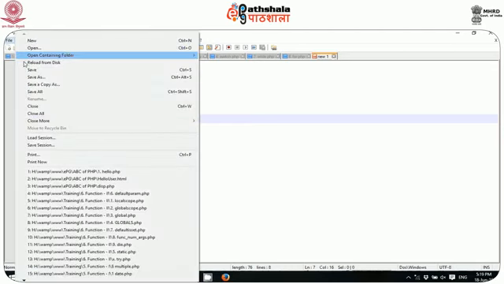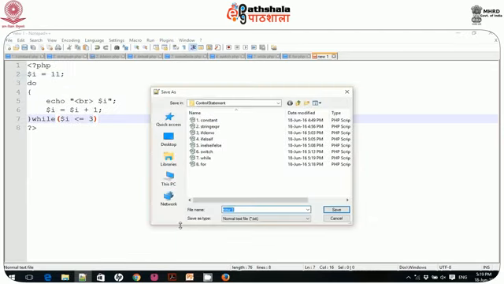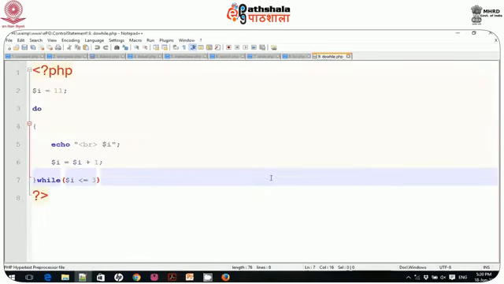Save this one as a file, save as, I give its name as do while.php, and save this one.